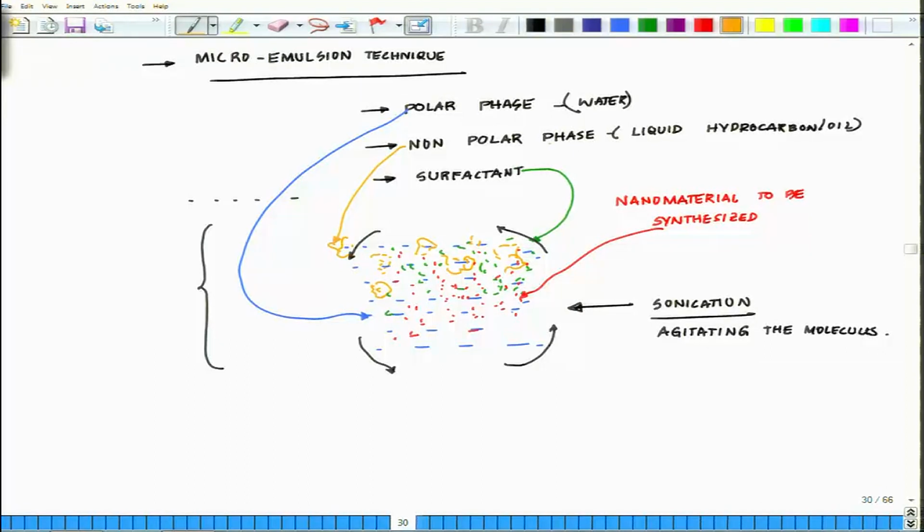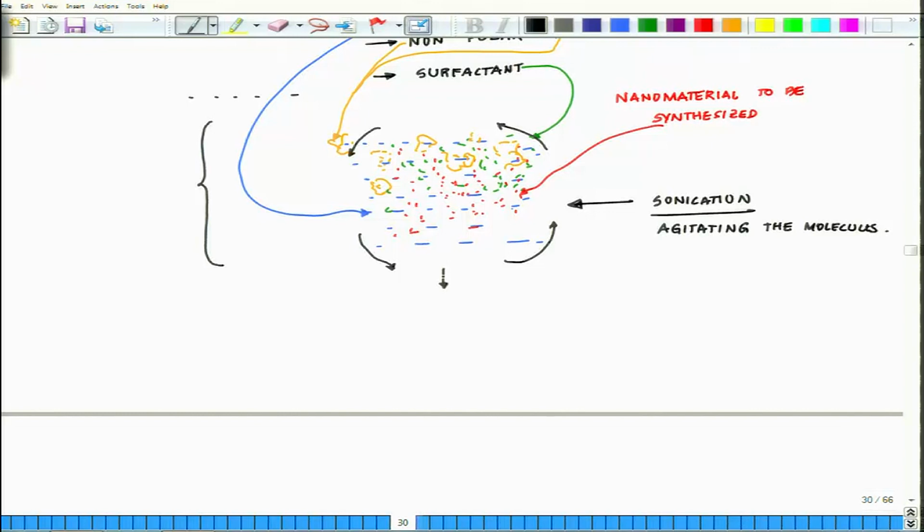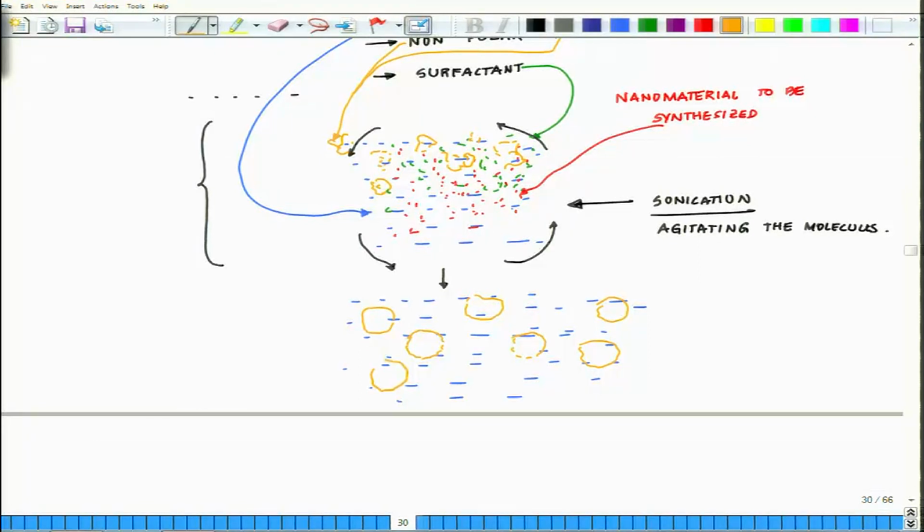So what will happen is these non-polar phases, these ones, will try to self-assemble. So something like this will arise out of it. These non-polar moieties within the liquid. So this is the polar phase, which is water. Within water, these non-polar moieties will form some kind of a spherical shape in order to reduce their surface energy. And within that, you will have the surfactants which will ensure they remain separated from each other. And since during agitation, randomly, some of the particles will get trapped inside. So in other words, each one of these spheres, what you are observing out here, is acting as a nanoreactor,